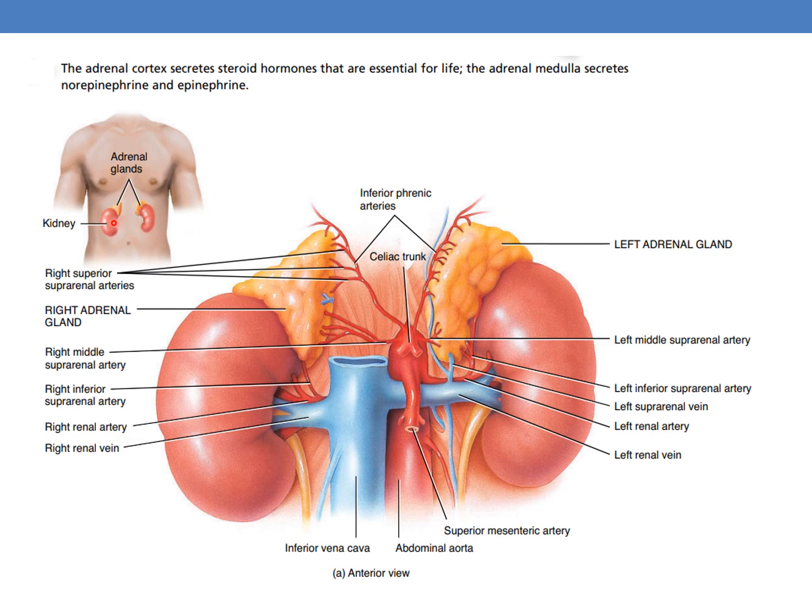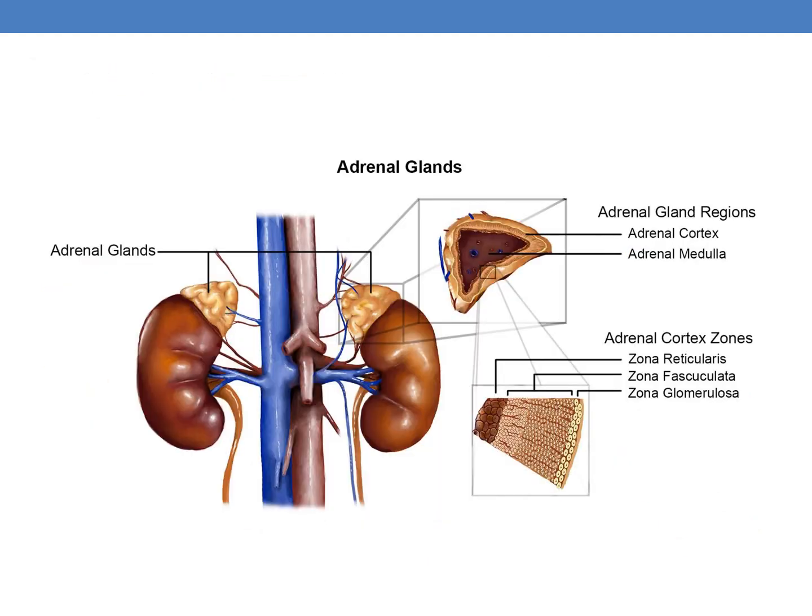epinephrine. This is the kidney, and these are the suprarenal glands. That is, they are superior to the kidney. These are the adrenal glands, the pink ones. This is the right adrenal gland and this is the left adrenal gland. And these two are the kidneys. Here you can see